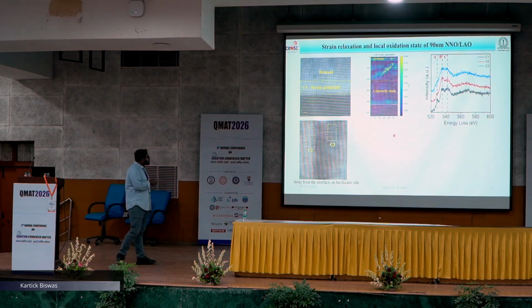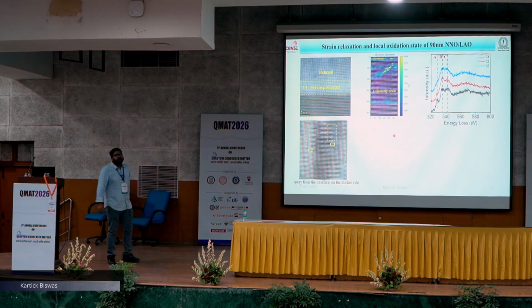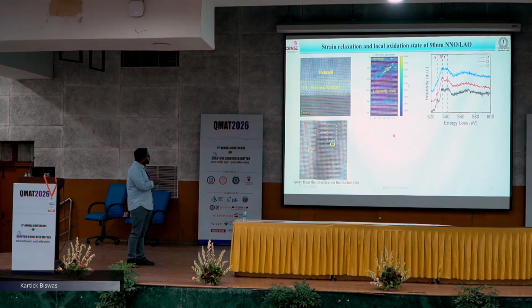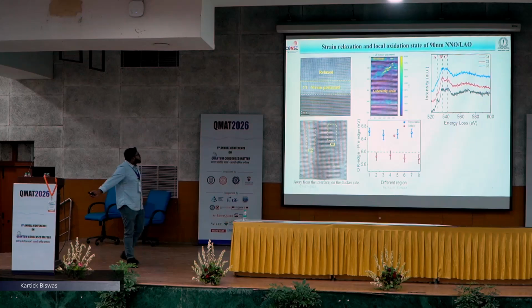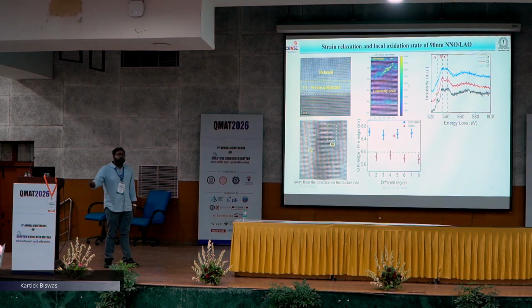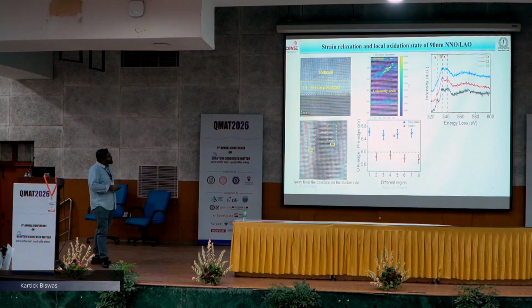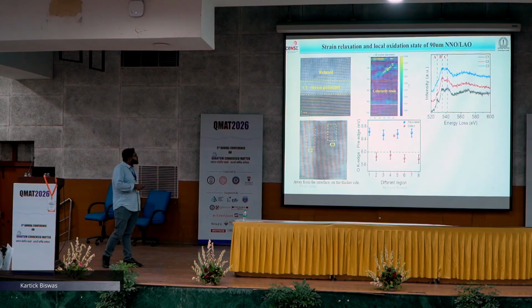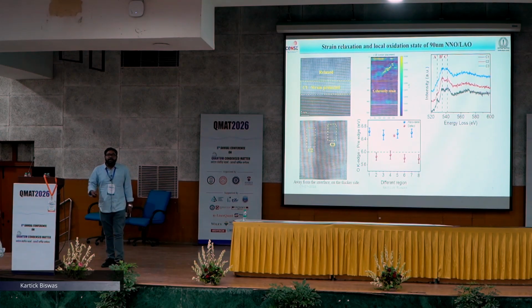So to look at the local oxidation, we did XAS. From there you can know what is the oxidation. This spectrum is coming from the oxygen 1s. This spectrum is coming from electronic transition from oxygen 1s to oxygen 2p. If this peak is decreased, this is basically hybridized with nickel 3d. If this peak is decreasing, it means there is a change in the nickel oxidation state.